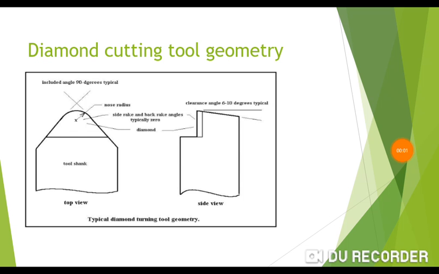There are a variety of shapes available in diamond cutting tools based on the machine parts, path, or profile of the surface being machined. There are a few typical diamond tools such as diamond turning, ball end milling, and toric milling tools. Diamond is expensive and only the tip of the cutting tool is in contact with the workpiece. Therefore, only the tip portion of the tool is made of diamond, and the remaining portion, known as the shank, is made of steel or carbide material.